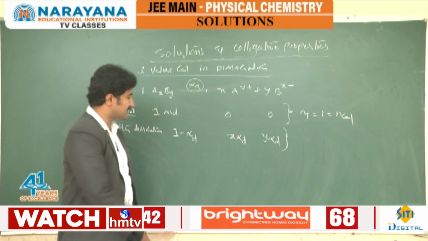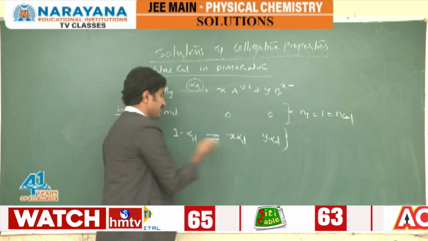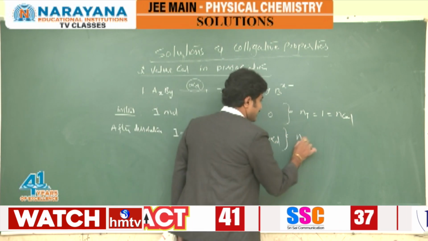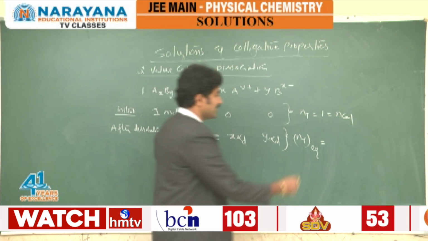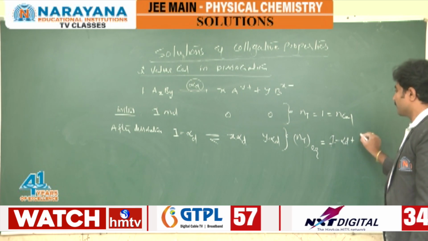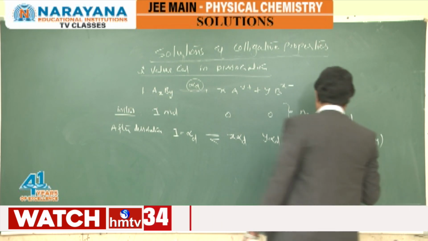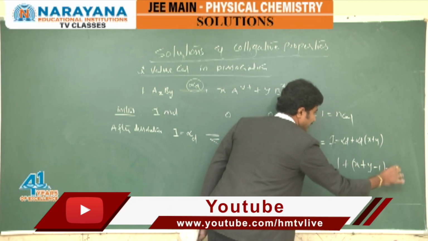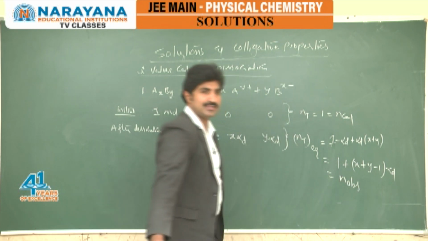But at equilibrium, after dissociation, some part will be dissociated. So these are the products, these are the reactants. There exists an equilibrium between these two, and this is n total at equilibrium, the sum of all these moles. If you add all these moles, this is 1 minus alpha d, plus from these two, alpha d common, x plus y. From this, what is this expression? It is 1 plus (x plus y minus 1) into alpha d. So this will be obtained. This is the observed moles.